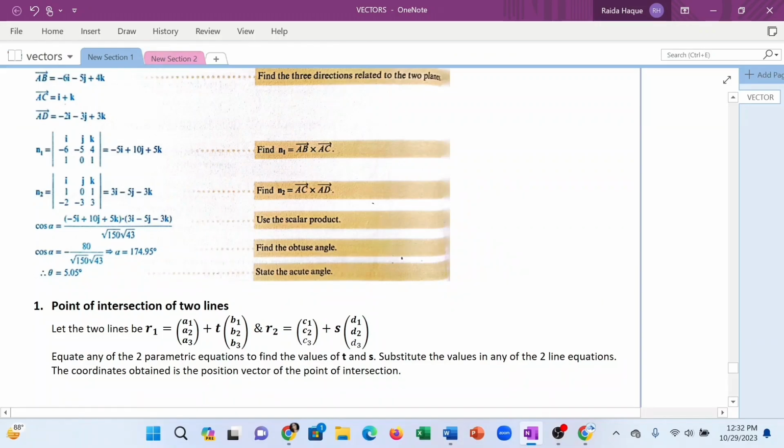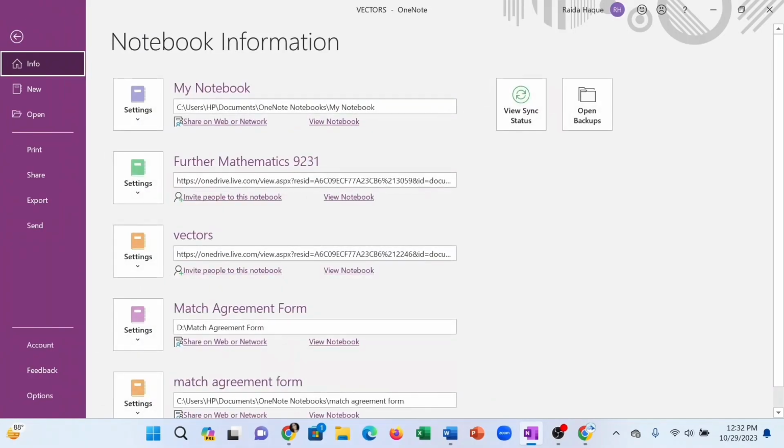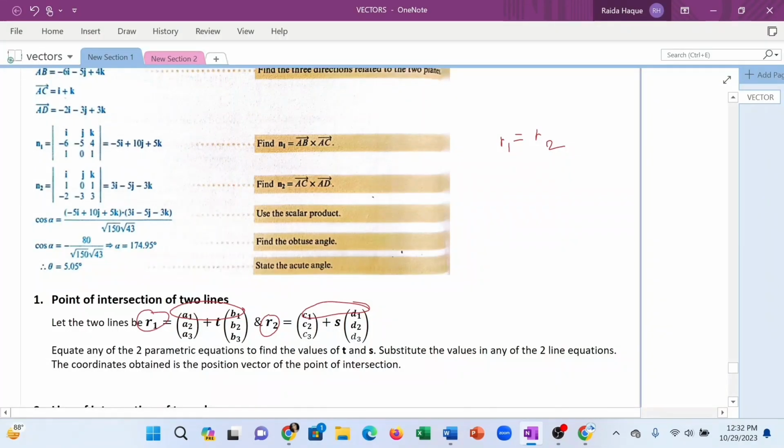As we know, at the point of intersection, the coordinate of this line needs to be equal to the coordinate of this line, right? So at the point of intersection, R1 is equal to R2. So the x of R1 will be the x of R2. The y of R1 will be equal to the y of R2. And similarly, the z of R1 will be equal to the z of R2. So you can form three equations like this. The equations will be like